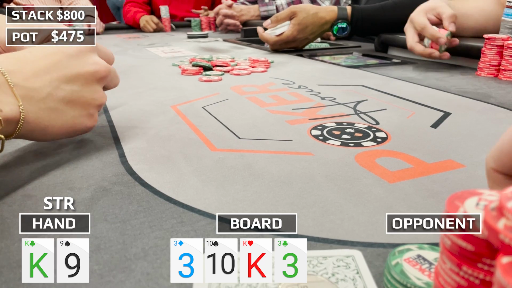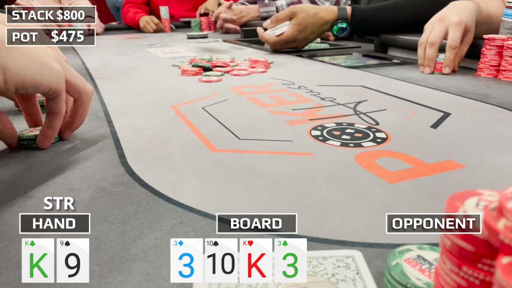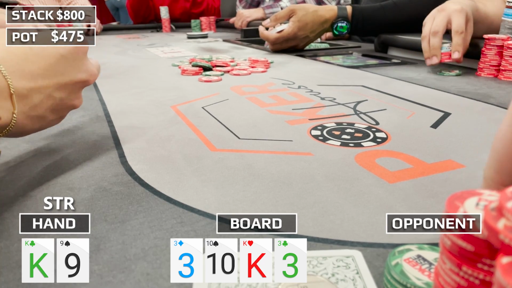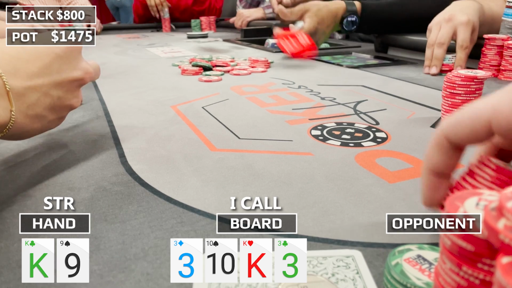I've seen crazier things with this guy, I promise. Still feeling pretty good about my hand, waiting to see what he does. He decides on a pretty large sizing here, being all in. All of his chips are in the middle. It's about $500 effective. And this is a crazy spot because I basically snap called in the moment because I